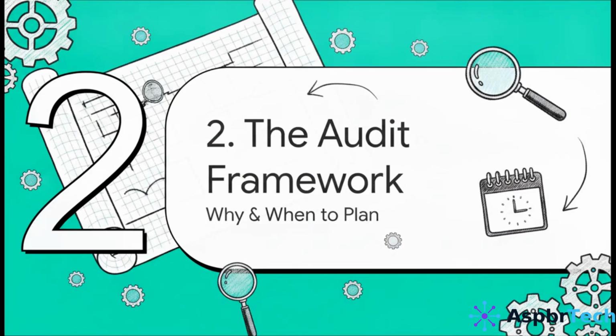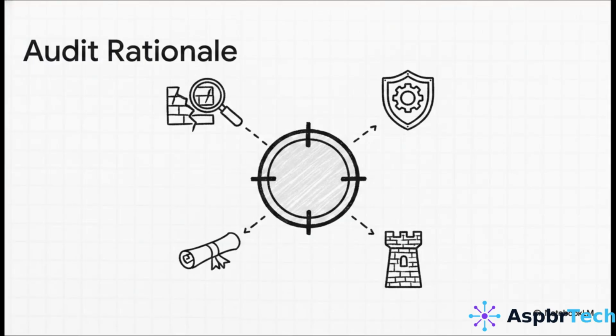Moving on to Section 2, the Audit Framework. As the IT defender, your whole strategy is built on actually proving that your controls work. We have four main pillars for why we audit. First, and honestly most critically, we have to discover dormant or structural infrastructure vulnerabilities. These are incredibly dangerous because they are completely silent. We're talking about misconfigurations made years ago, entirely forgotten about, that won't ever trigger a SOC alert until they're actively exploited.